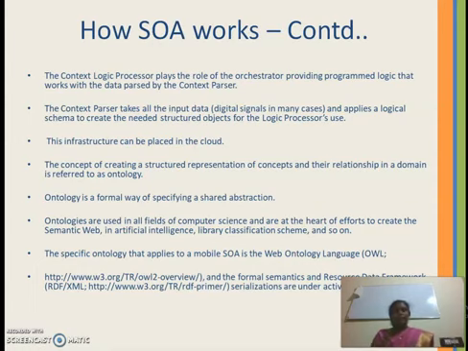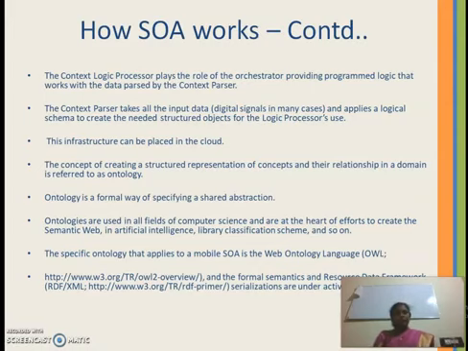Ontology is a formal way of specifying a shared abstraction, and ontologies are used in all fields of computer science and are at the heart of efforts to create a semantic web in artificial intelligence, library classification schemes, etc. So ontologies are the core concepts, and they are used to provide a structured representation of the objects that are provided by means of the various data or various concepts, and they are going to be represented as an ontology.